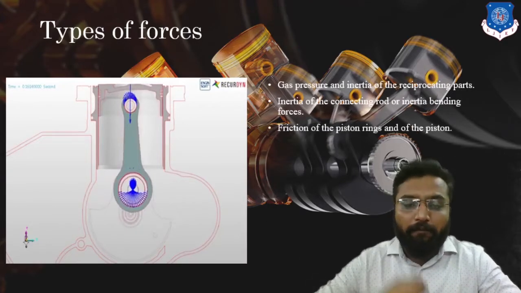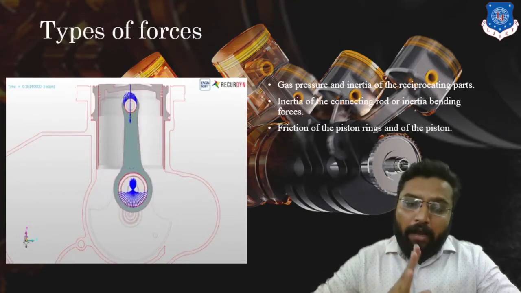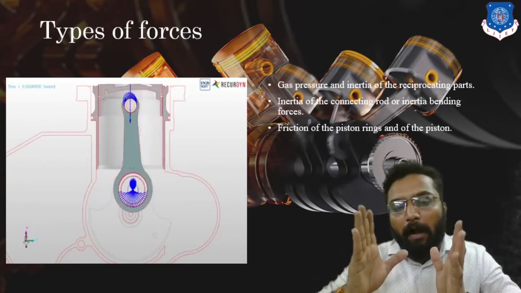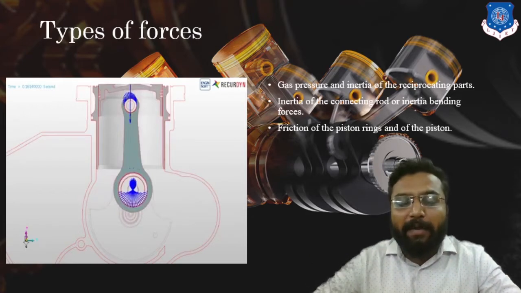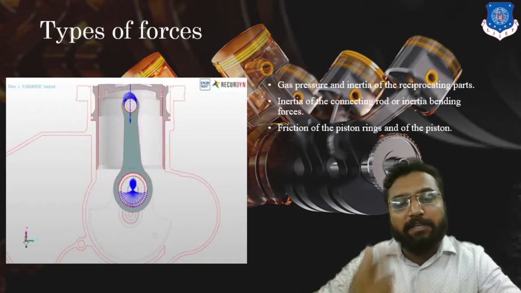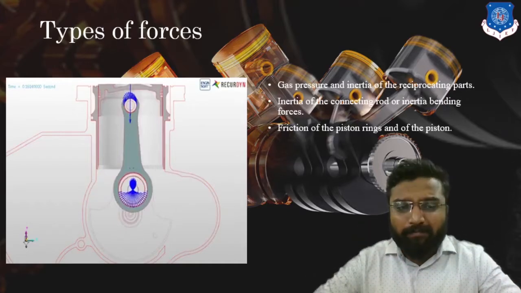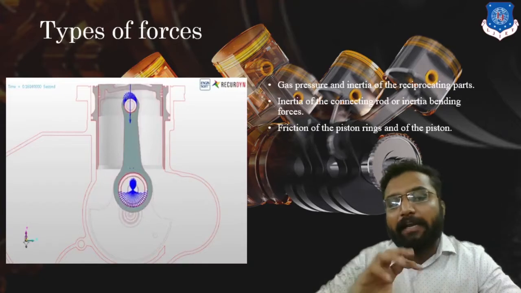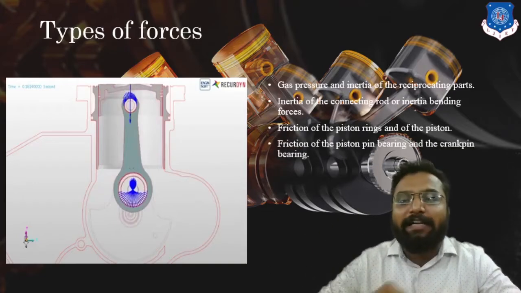Second one, sweeping force, due to the friction between piston ring and our cylinder assembly. This cylinder assembly will create pressure on our piston ring, and this piston ring tries to constrain the motion of our connecting rod and ultimately convert that into sweeping stress. So this sweeping stress will directly affect the life of our connecting rod due to this friction motion, and ultimately